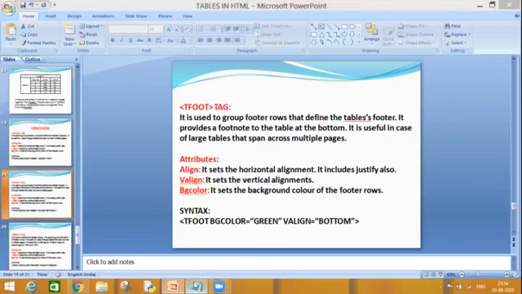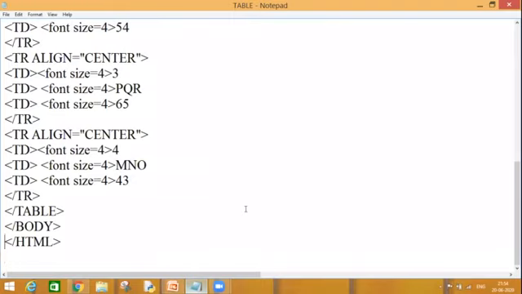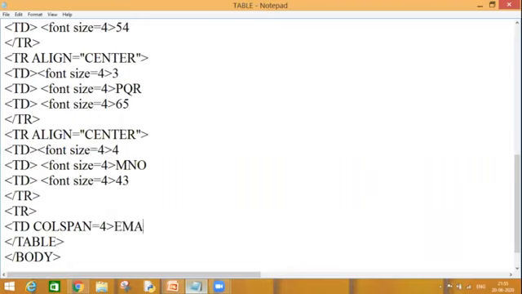Take an example that my last row is containing the data, so I am including one more TR and TD, and I want to use colspan. I have 4 columns, so I have spanned till 4, and I want to pass one message over there: email me at srsm.mine212@gmail.com.